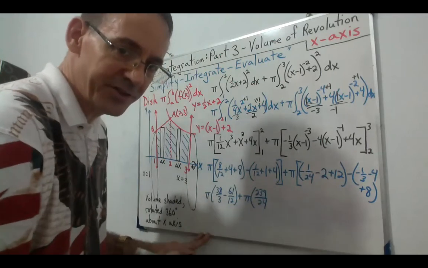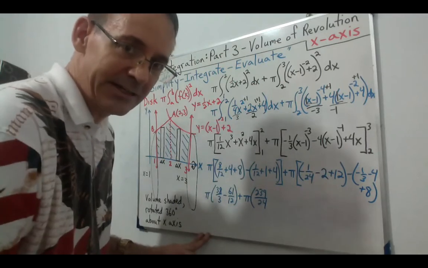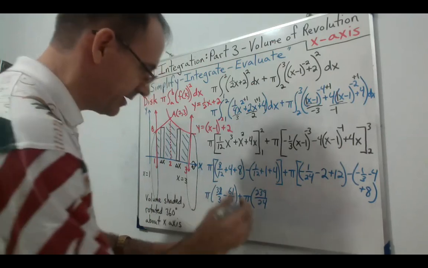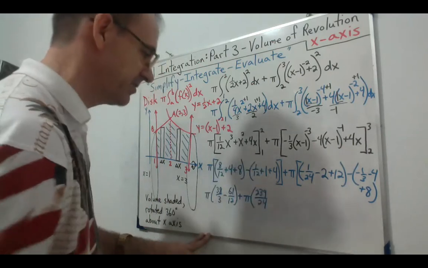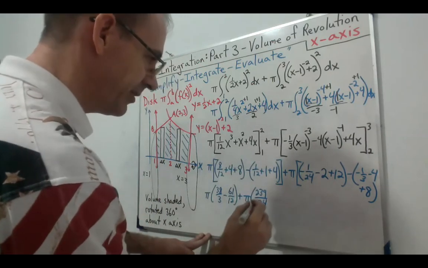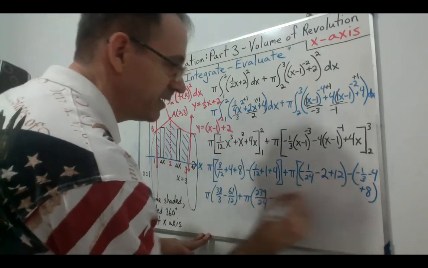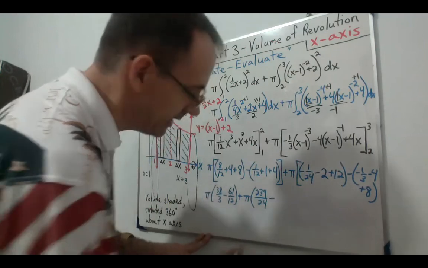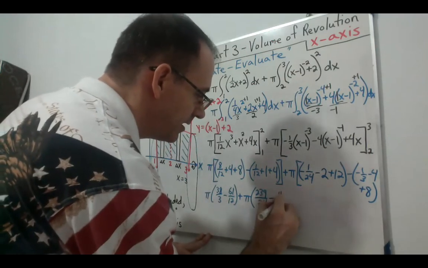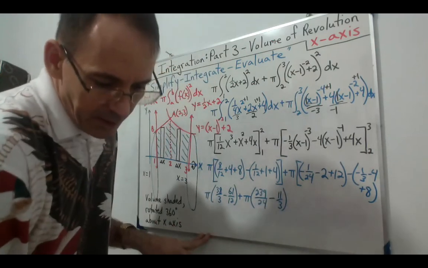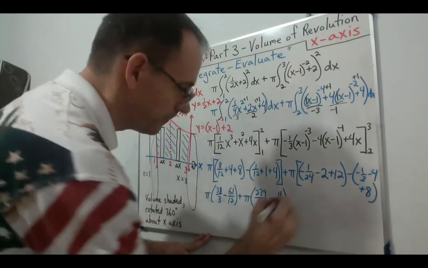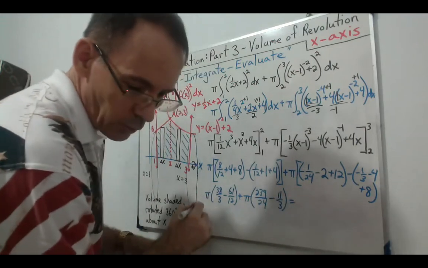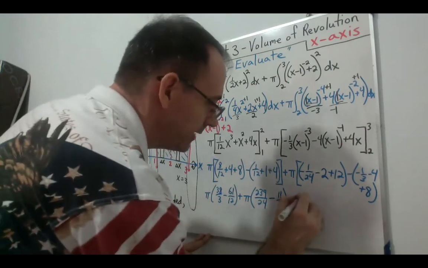You're doing this on a calculator. You don't have to do this in your head. I've already got it written down because I did it on calculator. These are too big of fractions for you to do all this in your head. And then minus, and when we do the negative 1/3 minus 4 plus 8, we get a minus 11 thirds. So this comes out to 91/12 pi